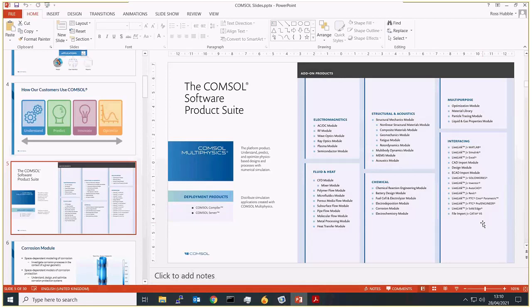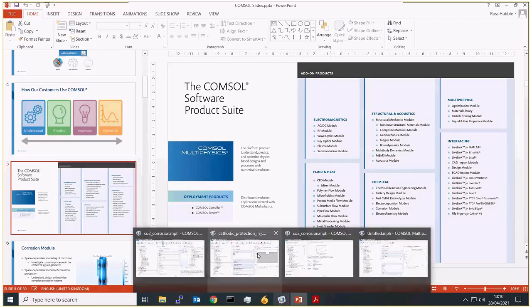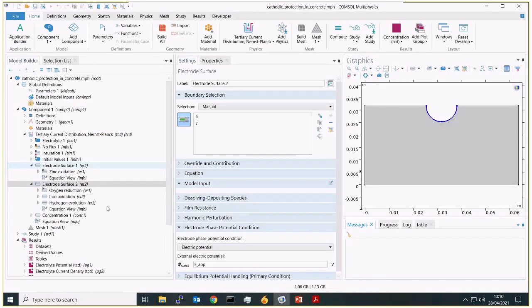The next question is from Michael, asking if COMSOL can handle MIC, microbial induced corrosion. We don't have anything which explicitly would represent microbial corrosion. But if you're able to define the reactions which are happening at your surfaces, and you have an equation to represent how the microbes grow and interact with your surface, then we can add that in.